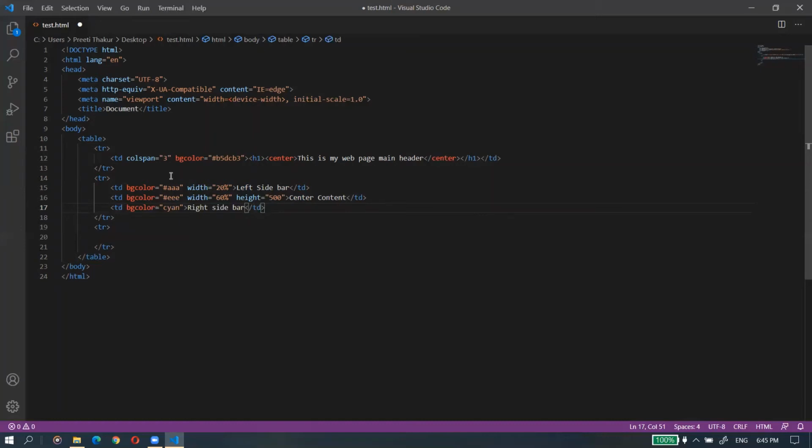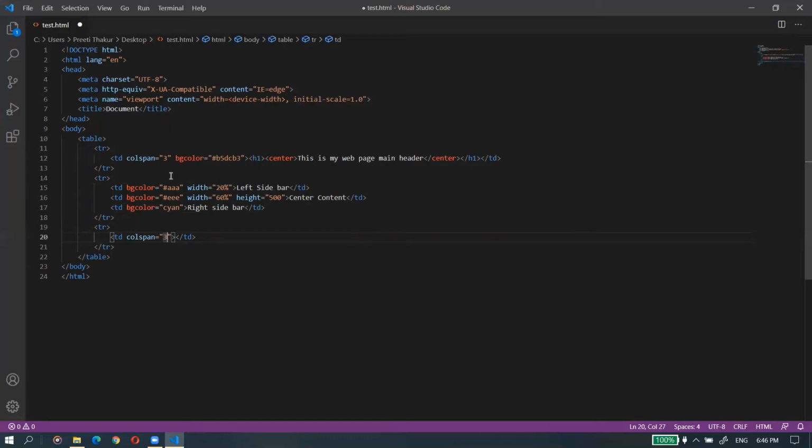Now come to the third row. It was a footer kind of thing. So I am giving TD to it again. In this footer, because here also I have to merge all three columns into a single row, colspan again is set to 3, so that all three columns get merged into a single column.